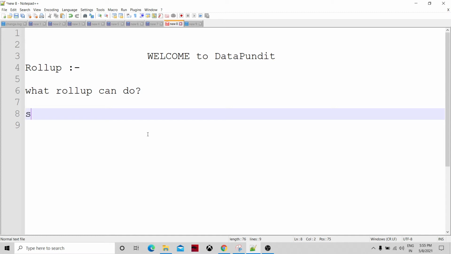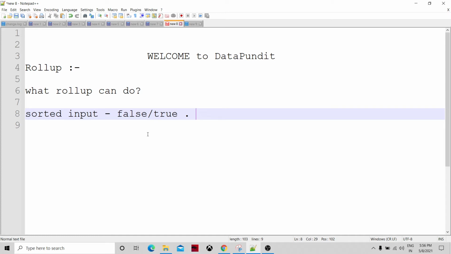The first parameter is the sorted input parameter. It can be false or true, because rollup works on ordered records. If we are supplying ordered records, then rollup's functionality is easy. Whenever the key change happens, it gives the output record. Rollup does not have to hold the records if we are supplying sorted input. If the group is changing, it throws out the record for the previous group and reads the next group.